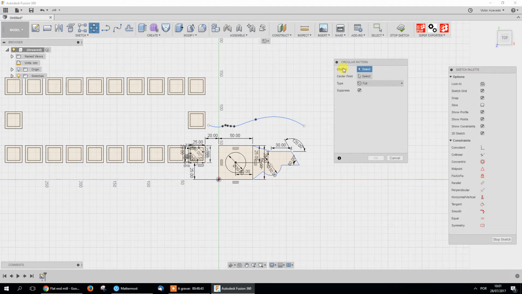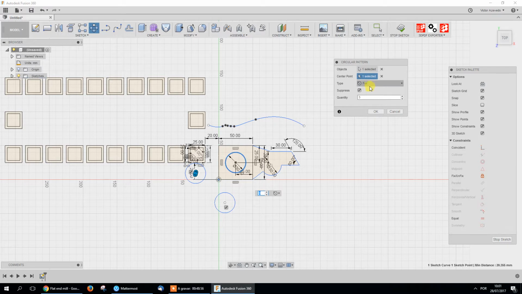First, it asks for the objects. Let's say I want this circle. Then a center point where everything is going to rotate. In this case, I want here. And it asks for a full rotation. It means around this it will create a full rotation of objects and the number of objects we want to add. Let's say 5,